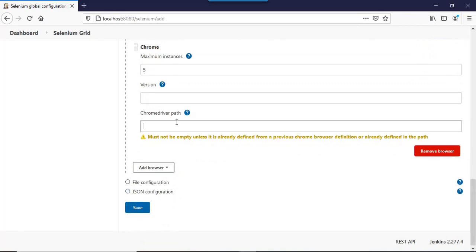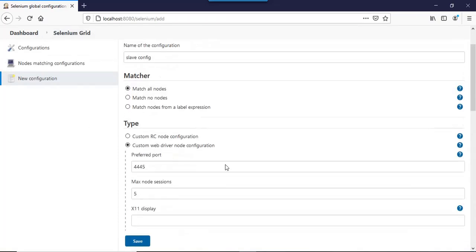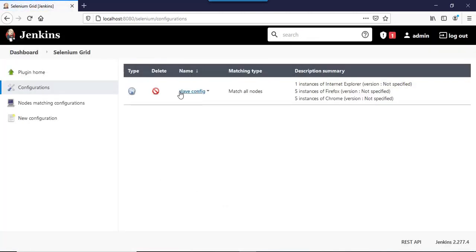In case you don't provide the path for the Chrome driver, it won't be able to find the Chrome driver for execution purposes. So for now I am just saving this as a default setting, and this will become a slave configuration or slave node, you can say.